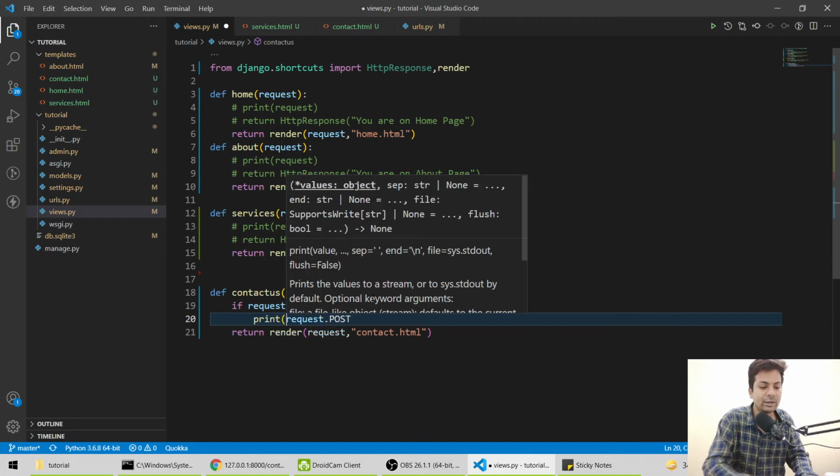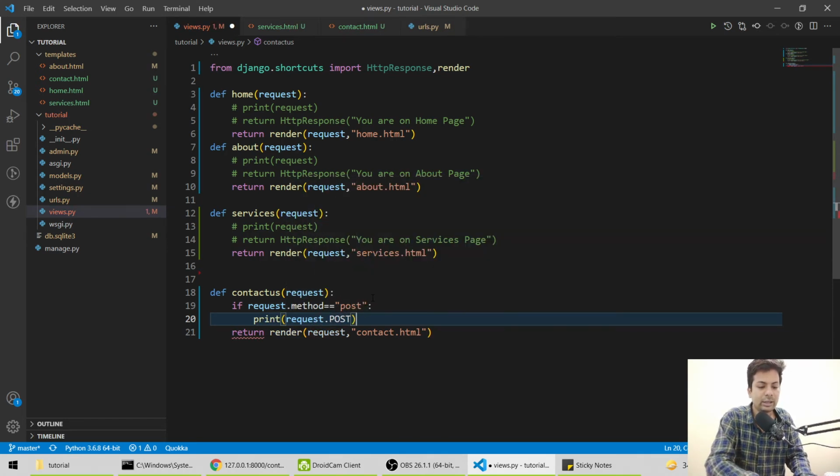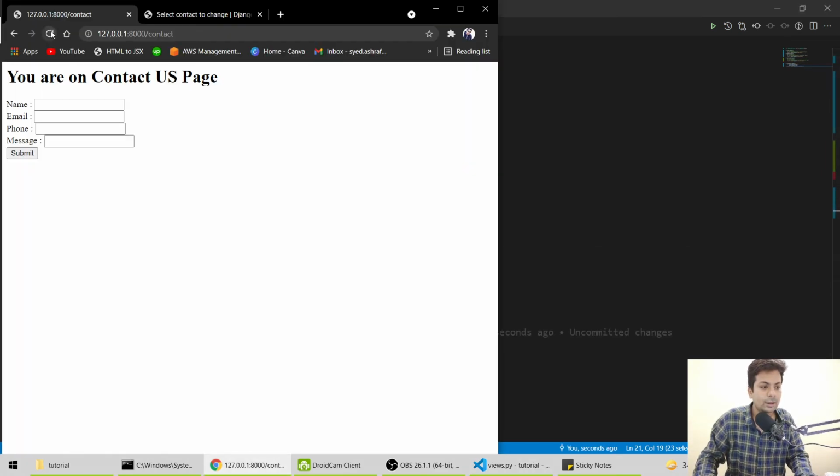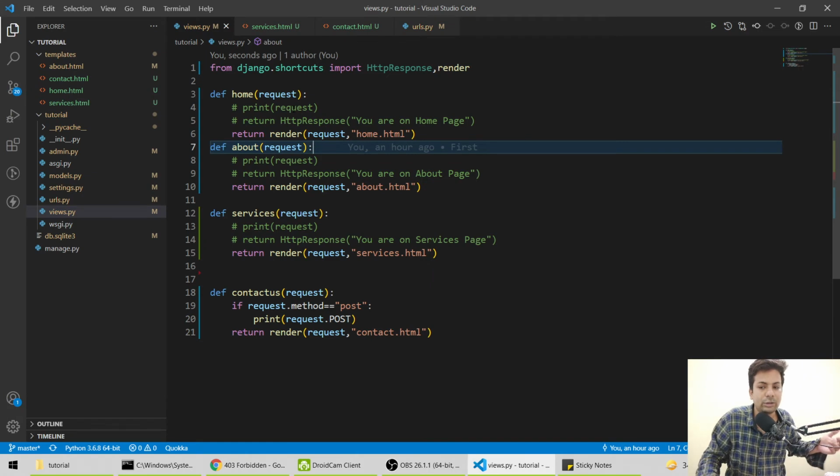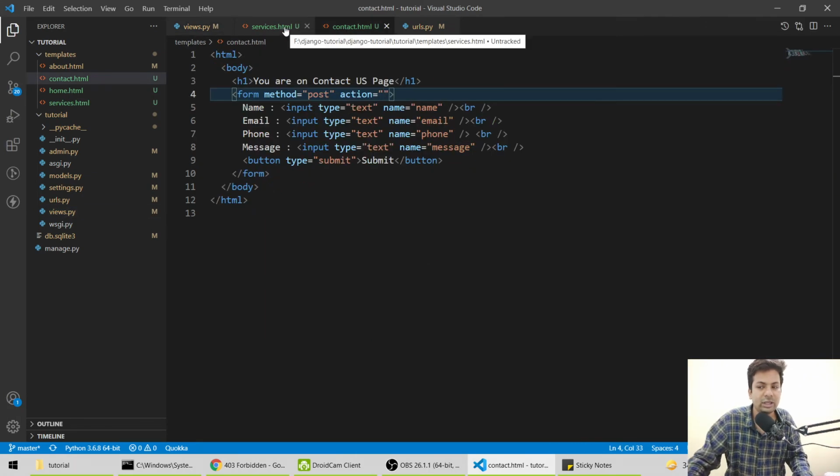It will come here, print the data and return the same page. Let me save it, reload it. Let me enter name, email, phone, message, and hit submit. CSRF verification failed, because we need to add CSRF verification, as I told you already.